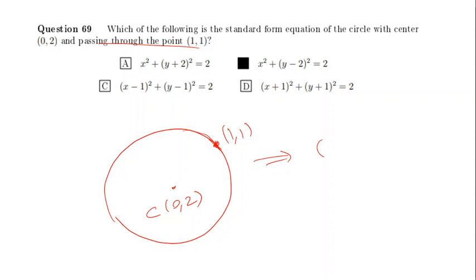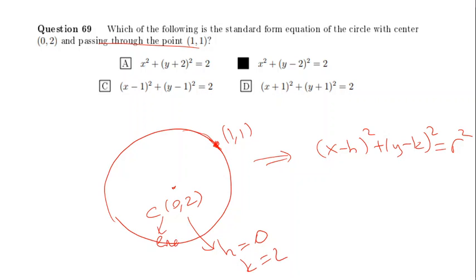You know, the standard equation is x minus h squared plus y minus k squared equal to r squared. Obviously h and k are 0 and 2, because this is the center. We need the radius, so the radius is clearly the distance between these 2 points. You can use the distance formula between 2 points. So it will be